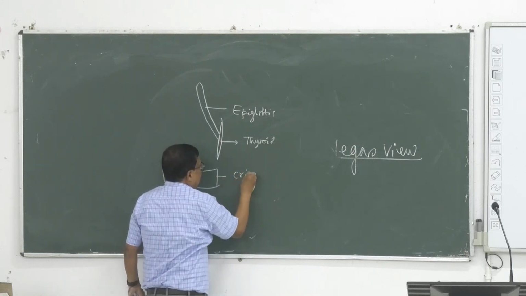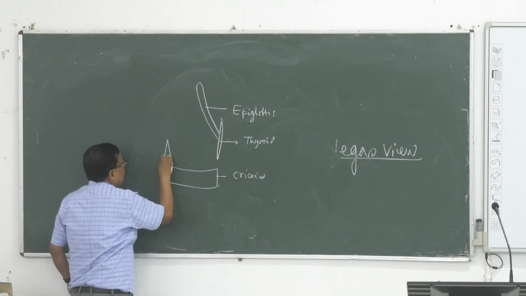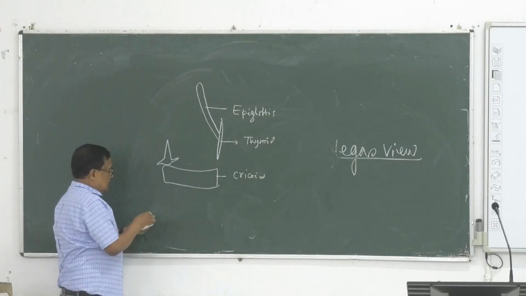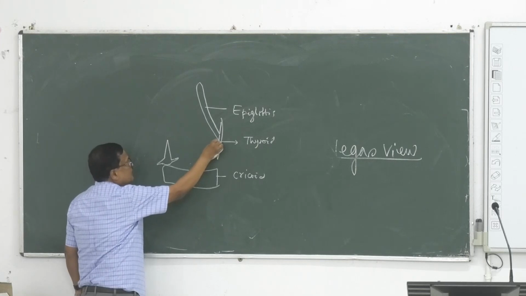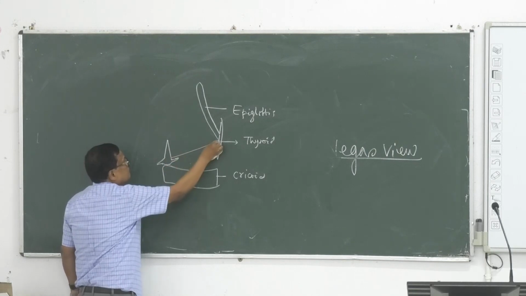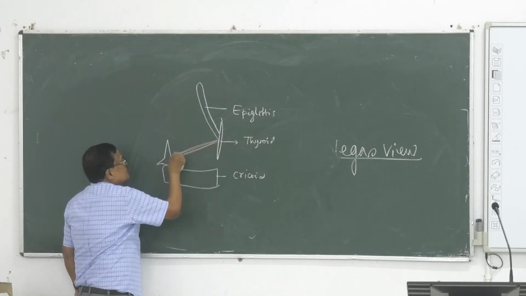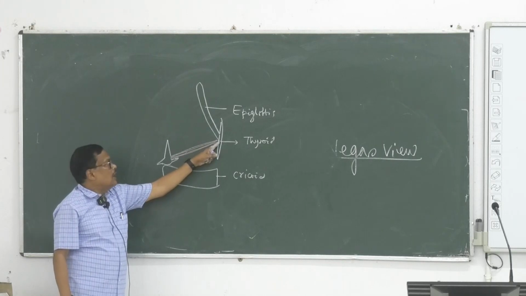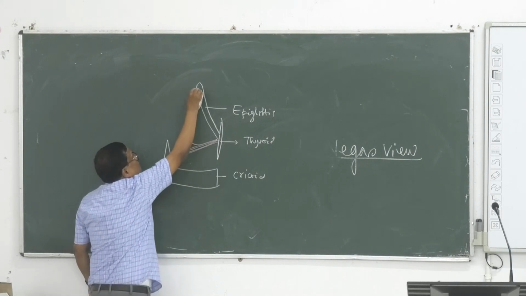Cricoid. Takes origin from the posterior aspect of the thyroid cartilage and goes to the anterolateral surface of the arytenoid cartilage. So it is called the thyroarytenoid muscle. Thyroid to arytenoid, and some fibers of the thyroarytenoid come to the epiglottis,